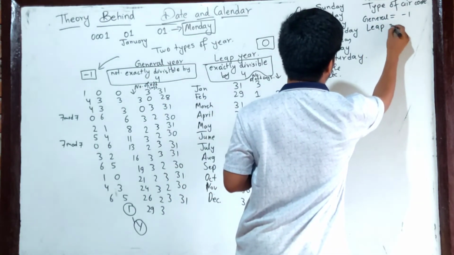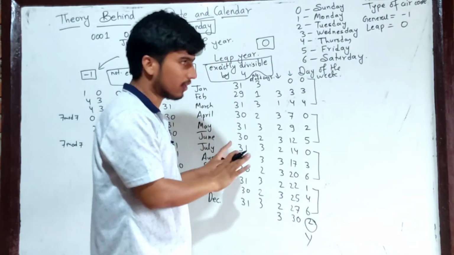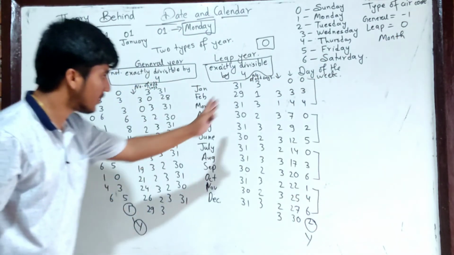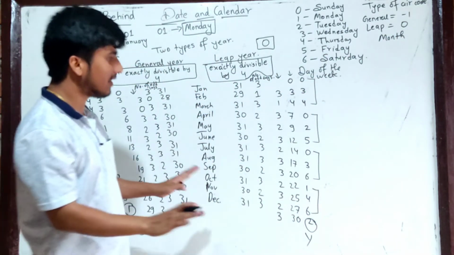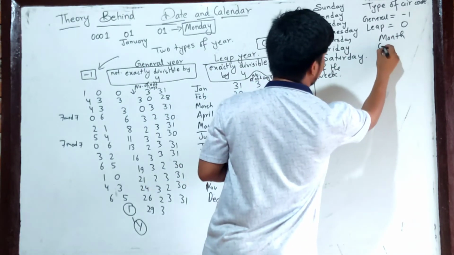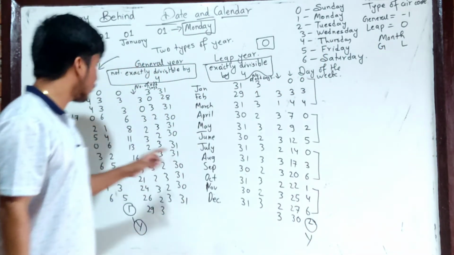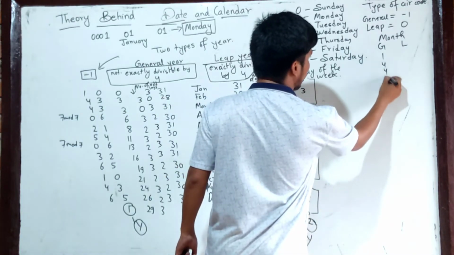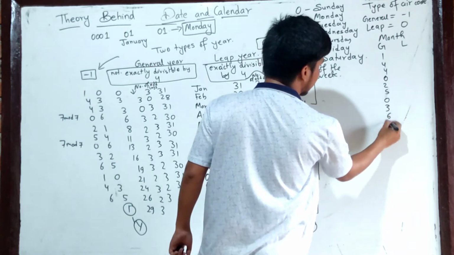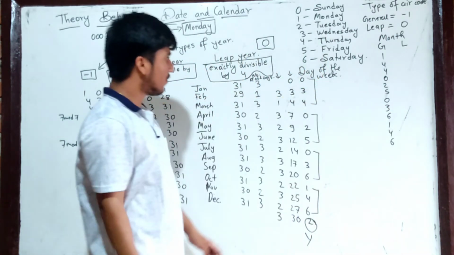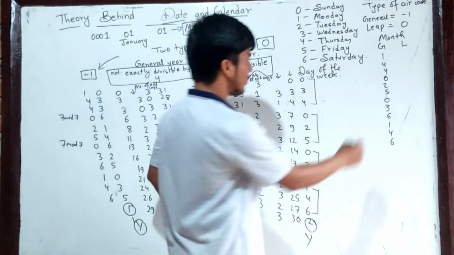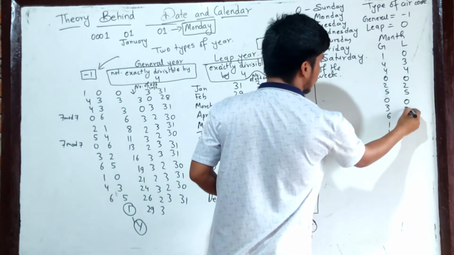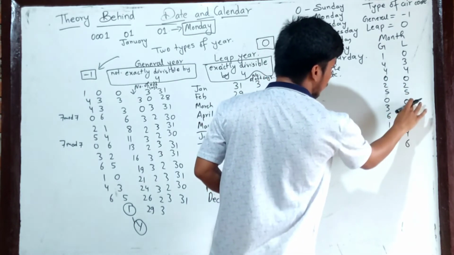For leap year the code is 0. Then comes the code for month, right? Month. We have already calculated the codes for month here and here. We can see that there are specific codes for general year and leap year. For general year we have 144 025 036 146, right? 144 025 036 146. And for leap year we have 034 034 025 036 146, which is, we can see,